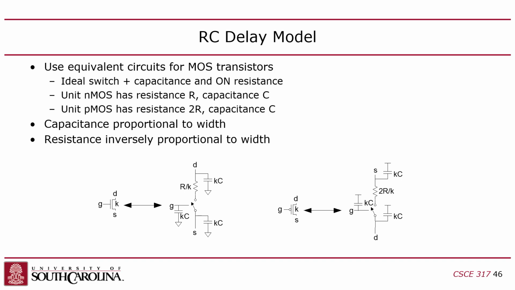Now the resistance, though, notice is 2R over K. The reason for that is that in a PMOS transistor, the carriers have half the mobility of the carriers in an NMOS. So in almost every fabrication process, every cell library I've seen, or I should say every technology library I've seen, usually the width of the PMOSs are twice that of the NMOSs in order to balance them. You guys with me? Okay, so